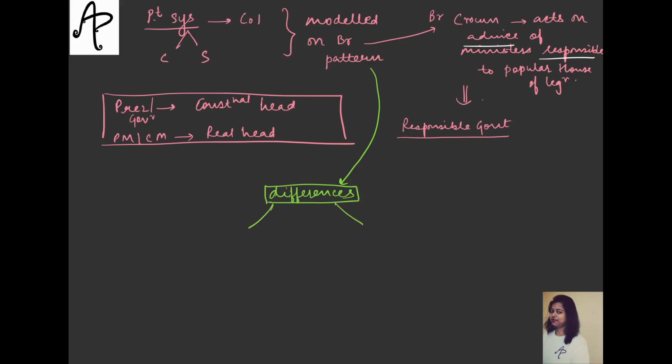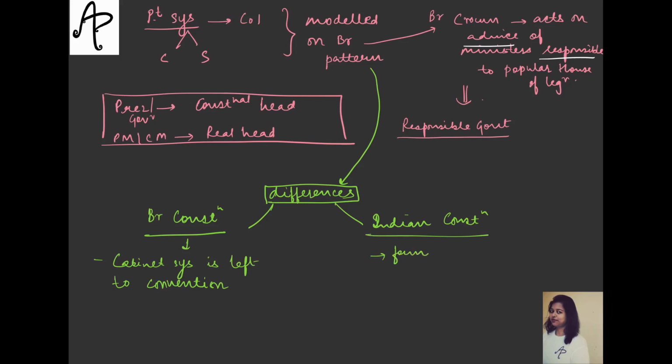Only one difference we'll see here. In the case of the British Constitution, the cabinet system is left to convention. And here in the Indian Constitution system,